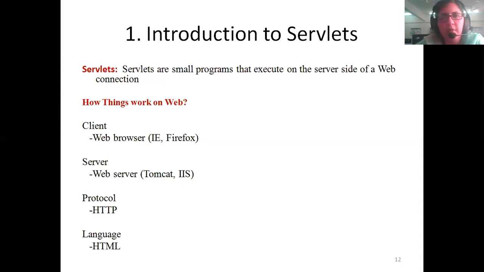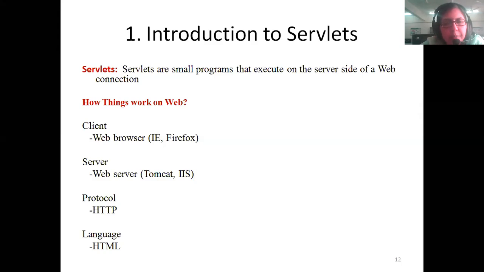Companies will evaluate based upon different customer requirements, and decide which web server they have to buy and install on the server. In our subject, all the programs that I will be demonstrating, I will be using the Apache Tomcat server, which is quite simple. Version 7, and you can take any of the latest versions. I have downloaded and installed version 7.0. However, you are not limited to that. You can take any of the higher versions also.